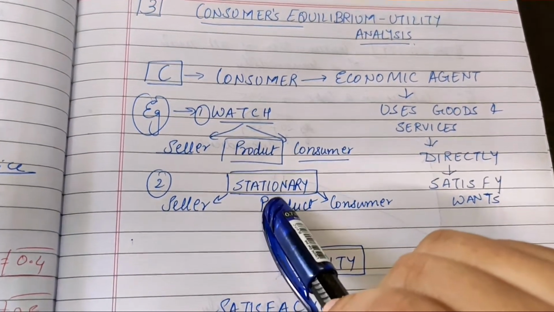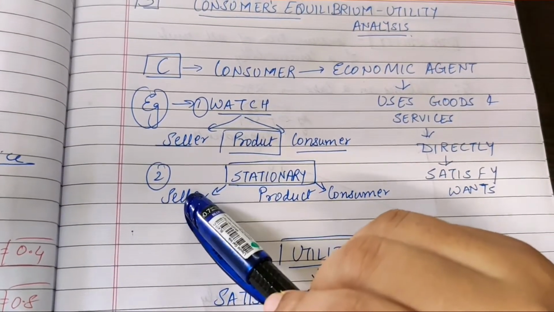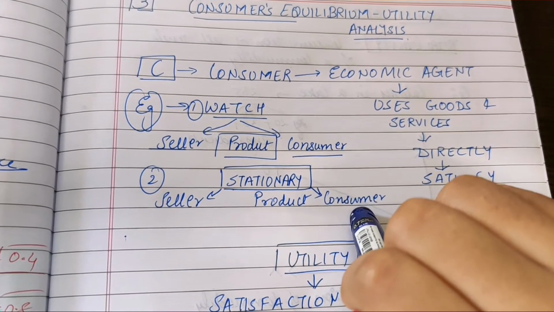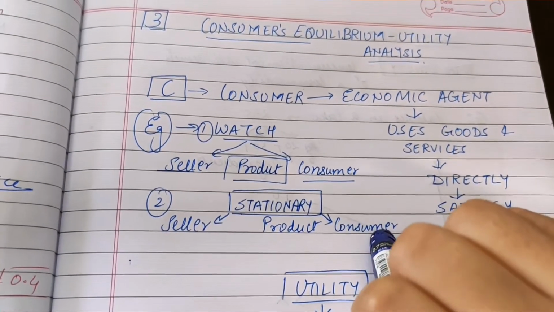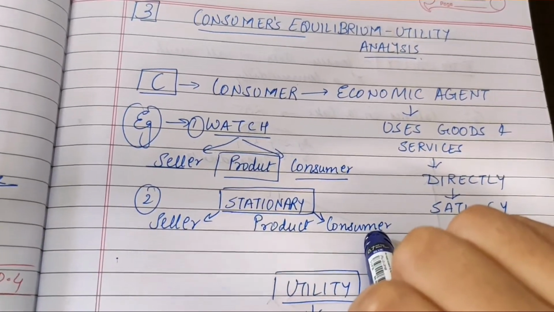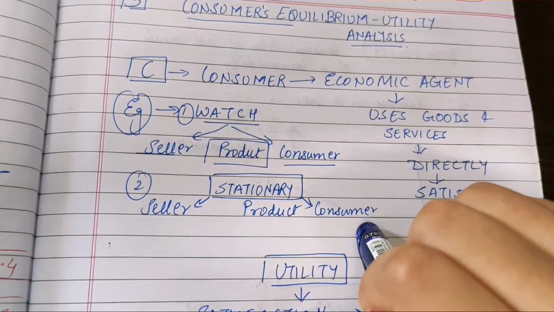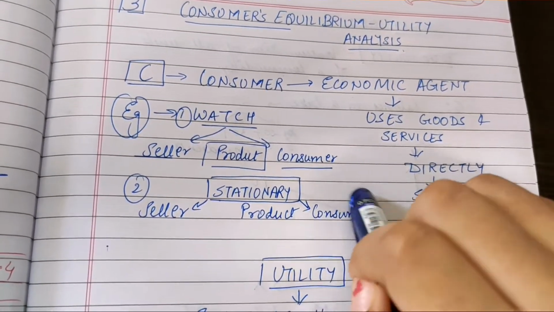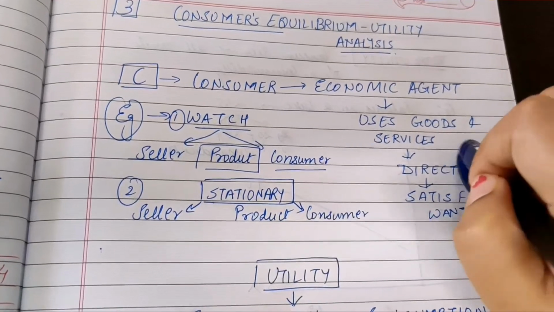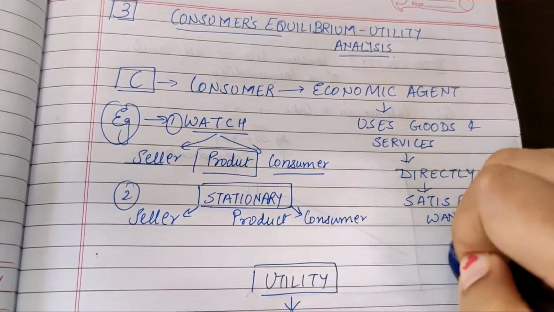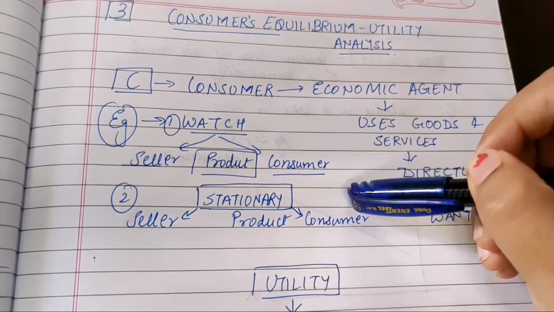A similar example is you, with stationery. You are a student, you are purchasing stationery from that seller. So what you are doing is basically consuming and satisfying. The pen works very great, the pencil is really smooth, the scale has proper lines, it is unbreakable, whether it is steel or plastic. It also depends. So who are you? You are a consumer. Why? Because you are an economic agent who uses goods and services. You are directly satisfying your wants. It can be a watch, it can be stationery, and you can give more examples.